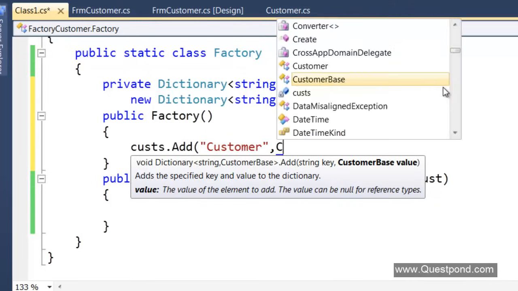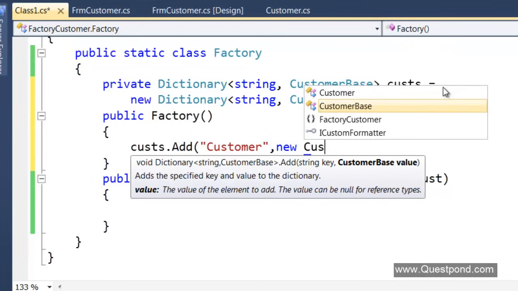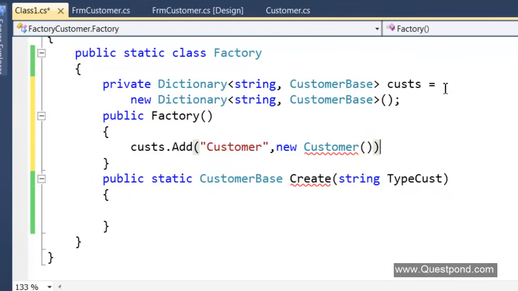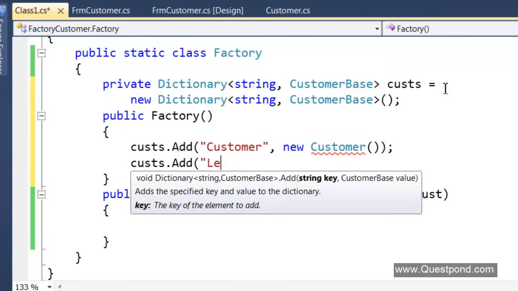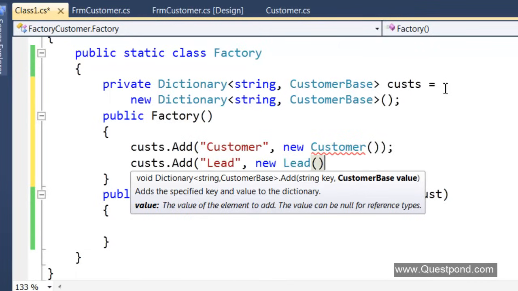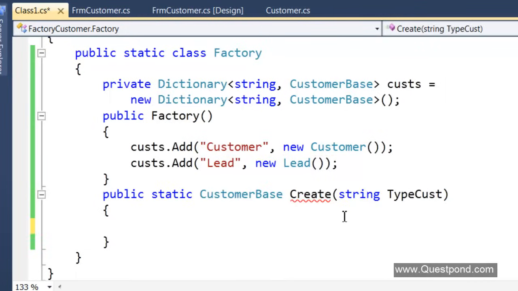So I can say here, okay, this is new customer and this is for lead, right? So now we can just go ahead and return the customer type by just doing a lookup.